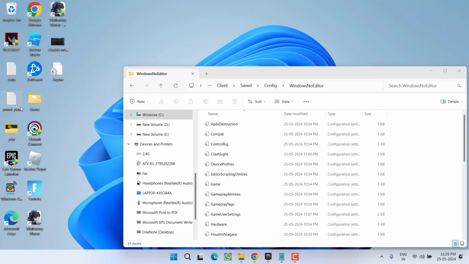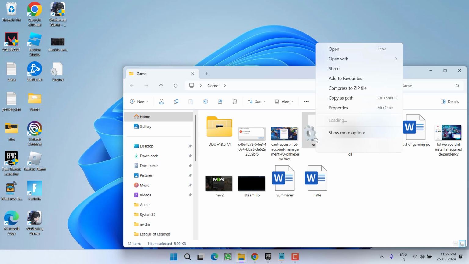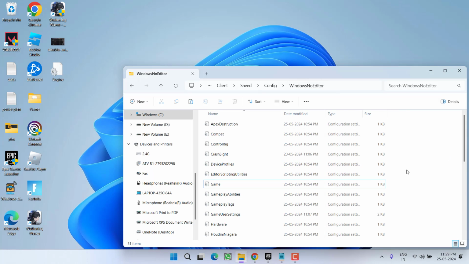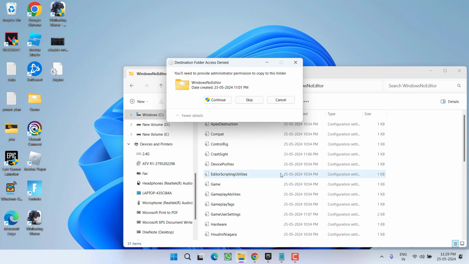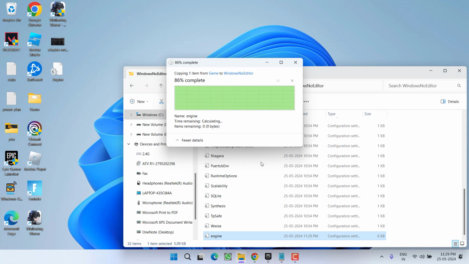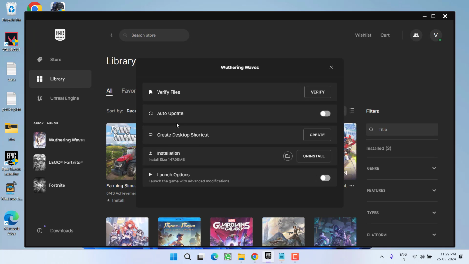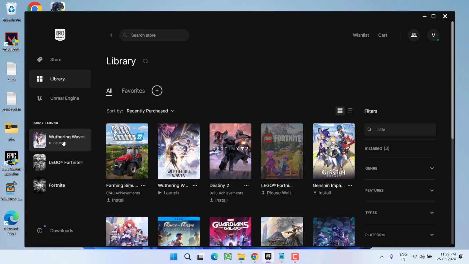Once deleted, copy the newly saved file by right clicking, copy and paste right over here. Once the file is pasted, go ahead, minimize it, open Epic Launcher and launch the game, and hopefully this will fix the issue of lags while playing the game. If this method also fails to work out, let's proceed with the next step.